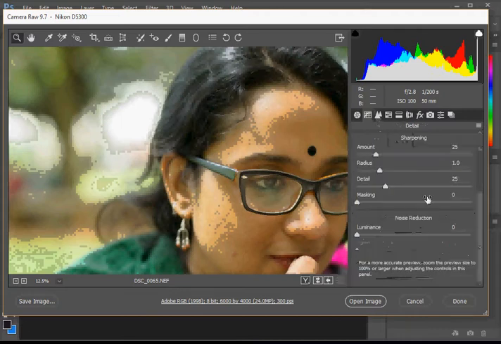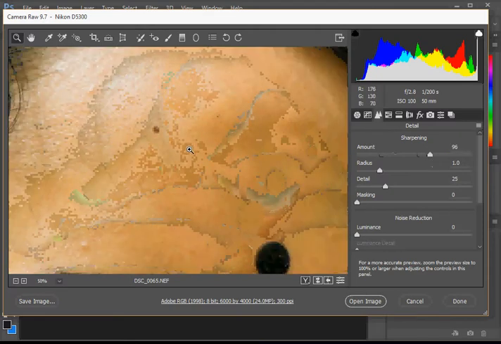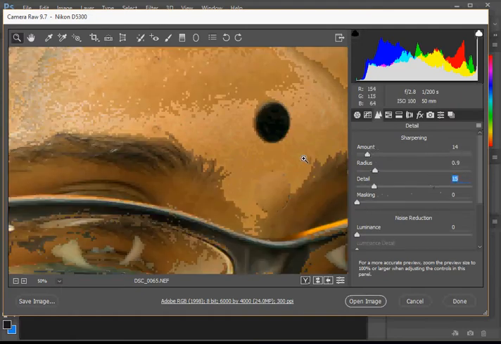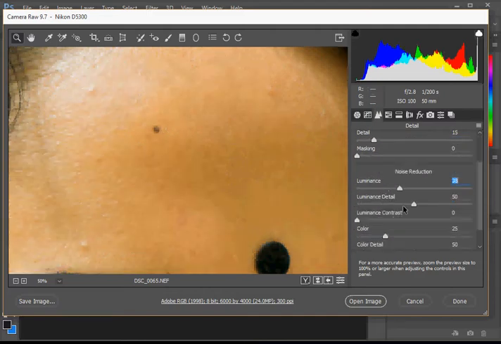Okay, and then here is the sharpening details. If you want the picture to be more sharpened, you can come over here. So you can see the details here. This is without sharpening. You can apply radius also for more sharpened layers. The details, how detailed you want the sharpening to be. But normally we don't keep any sharpening as of now. And when you have a very sharpened picture, or if you think this is too sharp, you can go for noise reduction. So you can see that I'm just increasing the noise reduction over here. So whatever the sharpened area you have,